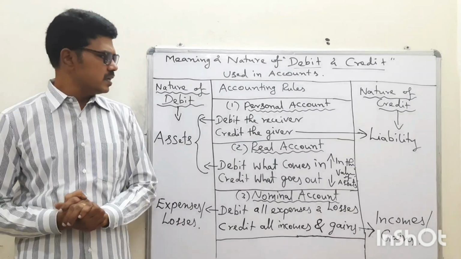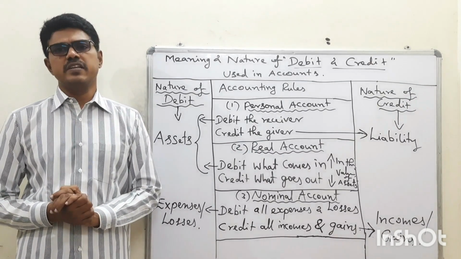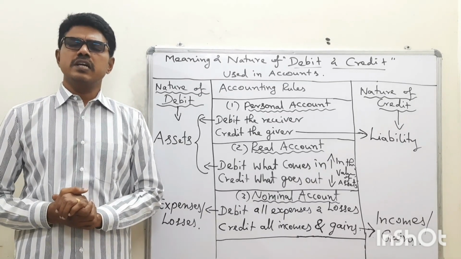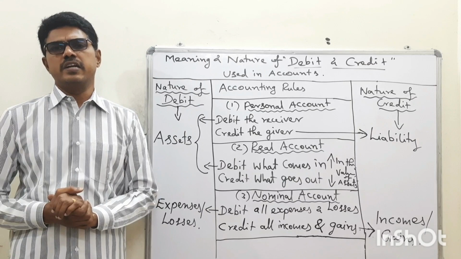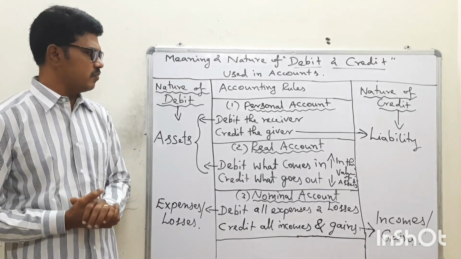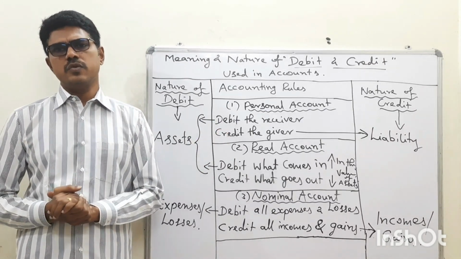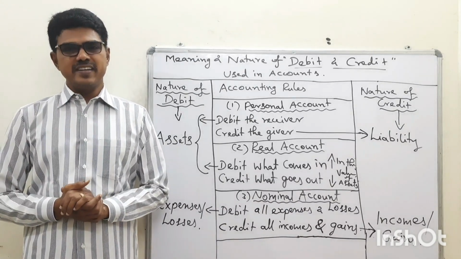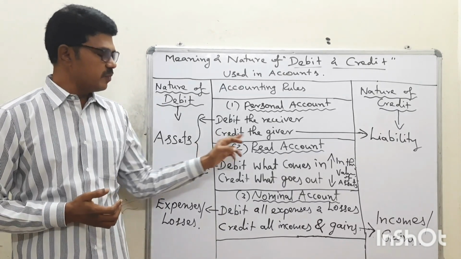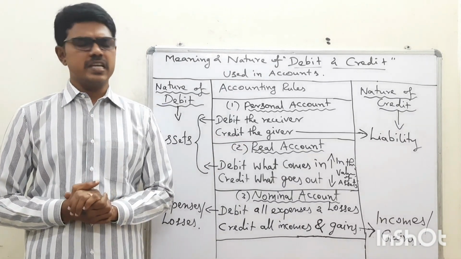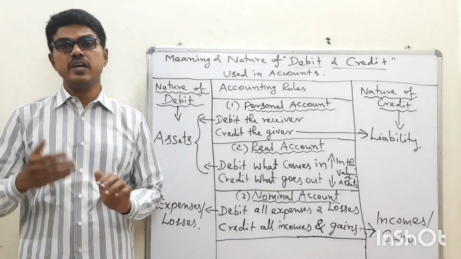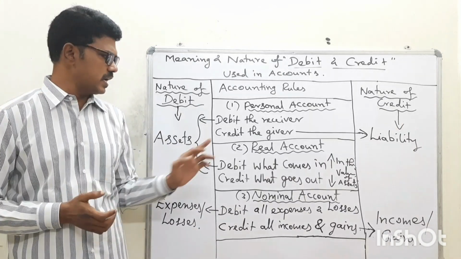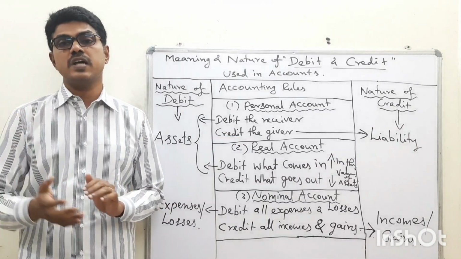What is the meaning of debit the receiver? If anybody receives something from our organization without giving back any consideration for it, we should debit the name of individual or name of the organization in our books of accounts. What is credit the giver? Or what is the meaning of credit the giver? If anybody gives something to our business, without getting any consideration for it, we should credit the name of the individual or name of the organization in